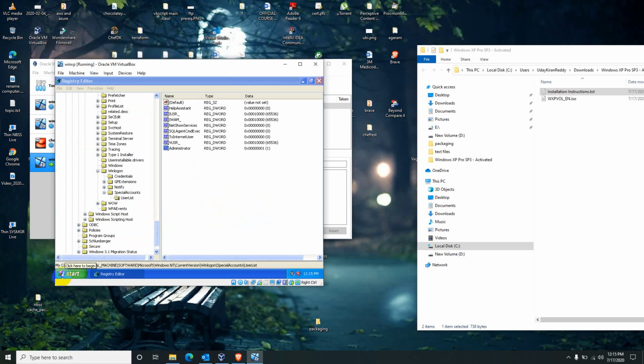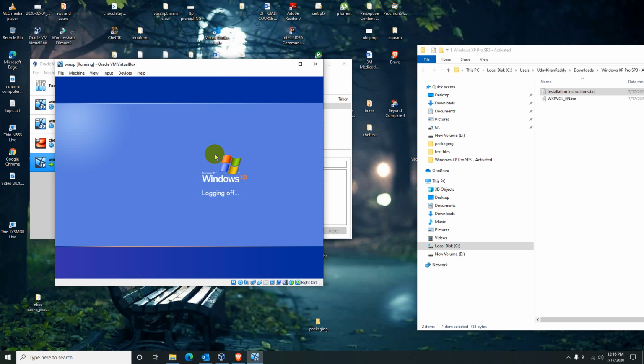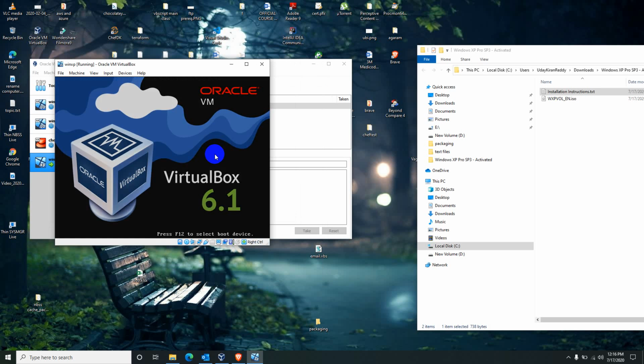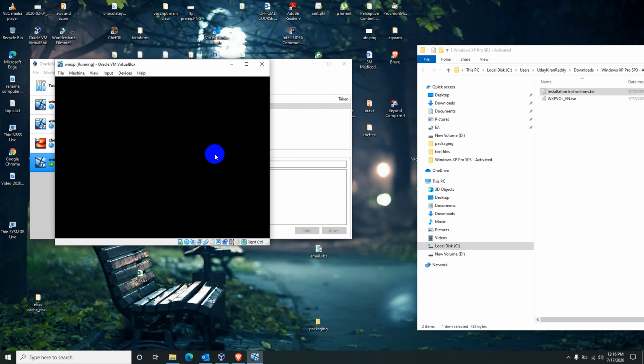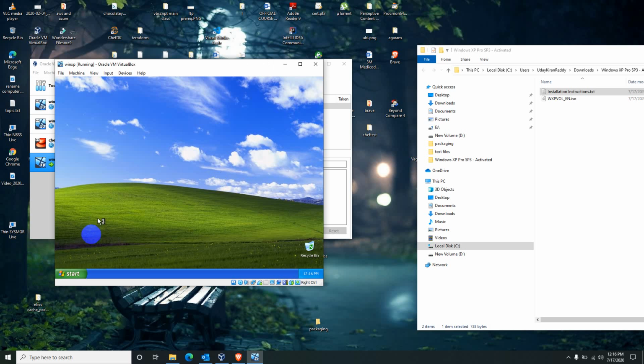Just you can shut down from here also, turn off and click on restart. Don't boot from that side, don't press any key. You see now administrator came here also. You can switch any of these.